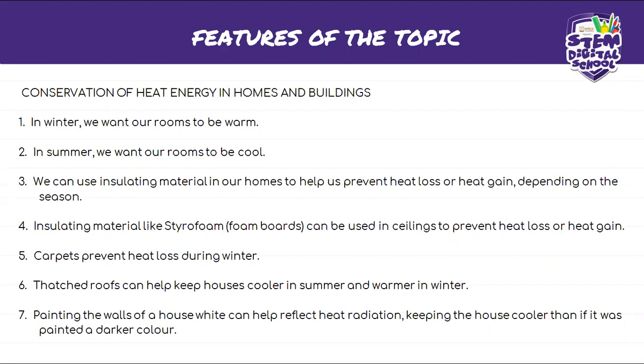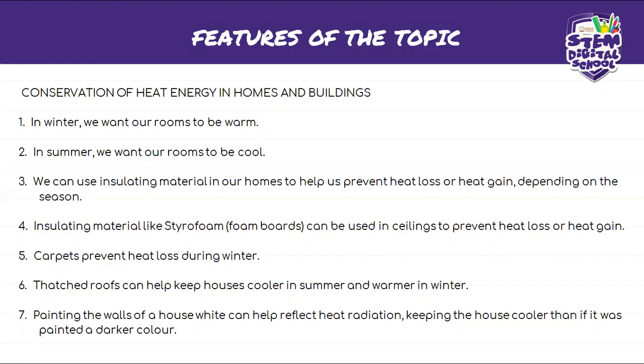So we can use insulating materials in our homes to help us prevent heat loss or heat gain, depending on the season. So you remember, it's winter now, so some of us will use some winter boots to keep our feet warm. Okay. So besides using the gloves and the jerseys and the jackets,